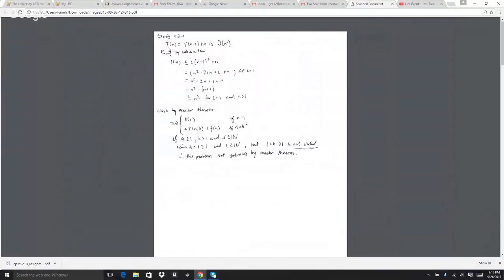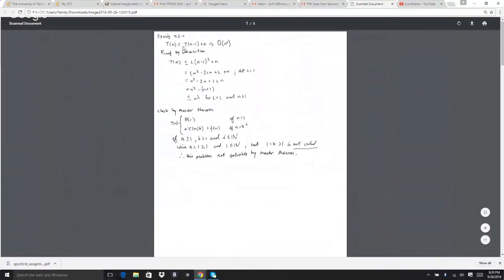is asking us to prove that the upper bound is n squared, and it's given us the total time formula. To prove this statement, we use substitution, and we know that because big O is the upper bound, T of n in the worst case can only be lower. So following the substitution practice,